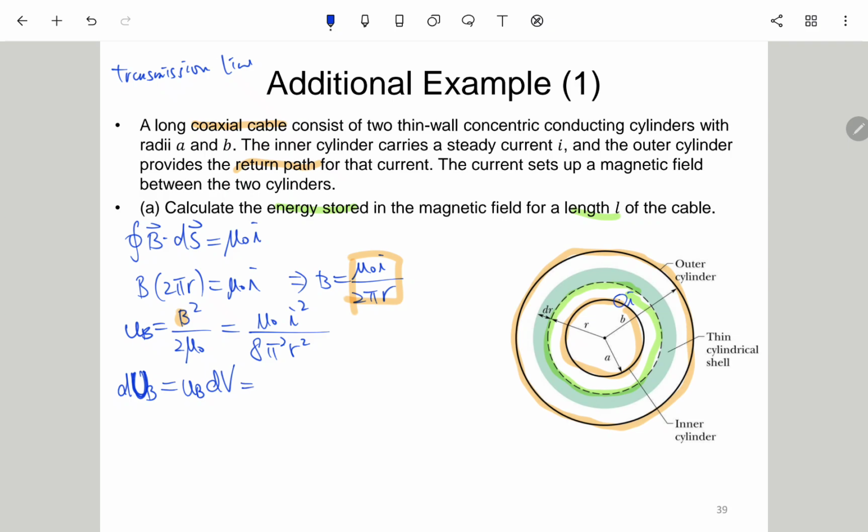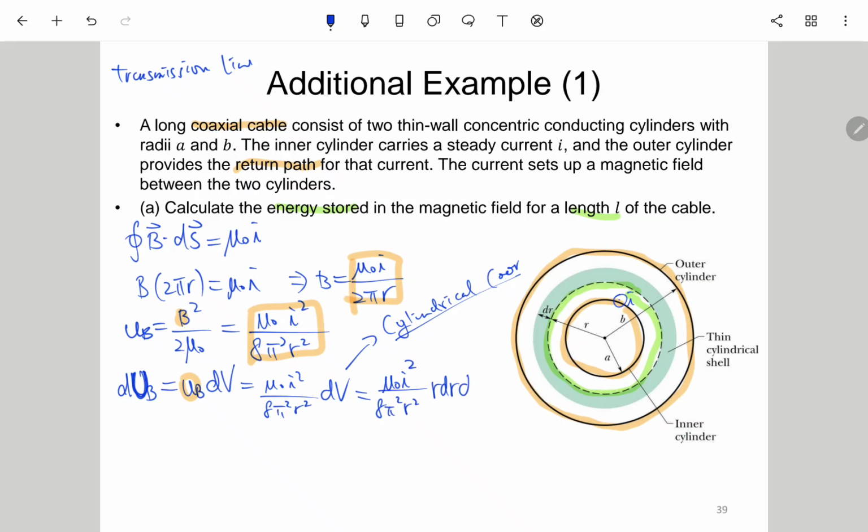Okay, so which means we just plug in this one to here, so nothing special. So we have mu 0 I squared over 8 pi squared r squared dV. Okay, and then we would like to make use of the cylindrical coordinate. So for the prefactor part, mu 0 I squared over 8 pi squared r squared doesn't change. And then for the dV, this is the cylindrical coordinate. Okay, this is not the spherical coordinate, this is the cylindrical coordinate, because it is a cable. So this dV should be r dr dθ and then dz,